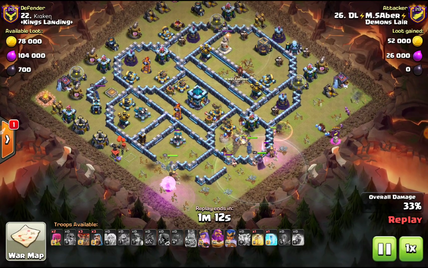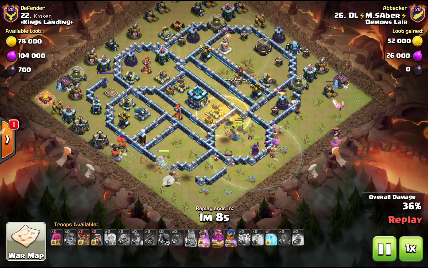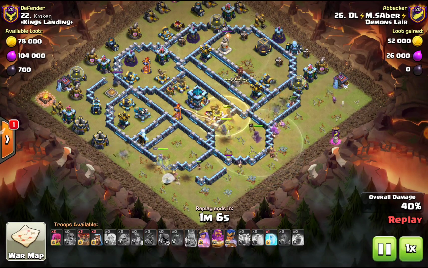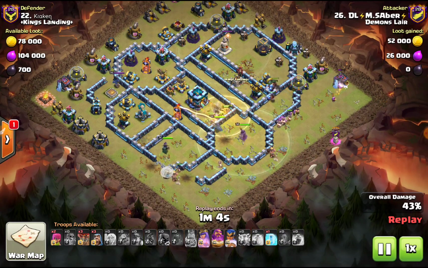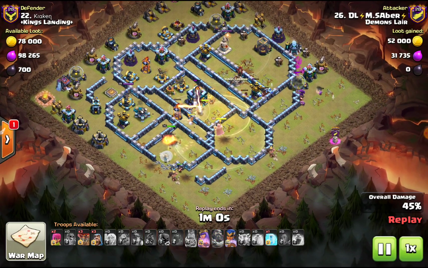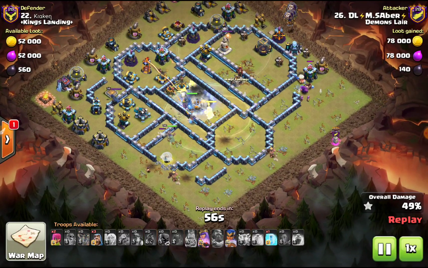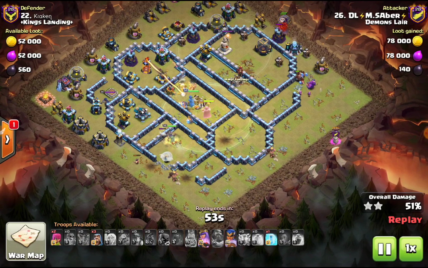Royal Champ, of course, following along, helping get rid of defenses. Nice thing about hybrid attacks, of course, is everything tanks for each other. So miners are tanking for the Hogs, Hogs are tanking for the Royal Champ. Everything moving towards a common goal. And uses the tome, everything